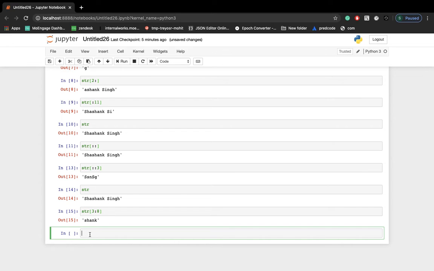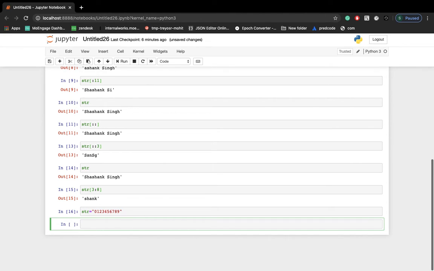Now let's say you have to reverse a particular string. I'm declaring one more string, str equal to 0 1 2 3 4 5 6 7 8 9. Now I have to reverse this string, so I have to write colon -1.